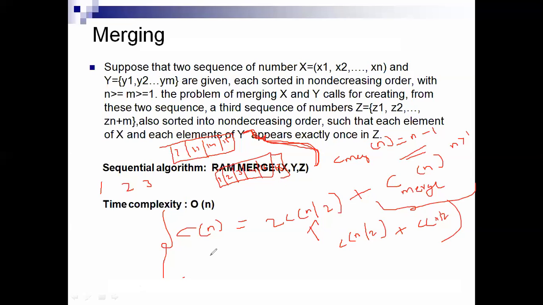We also discussed the best case and the average case, and also the quick sort in the divide and conquer approach. Just remember the Master's theorem formula, that is T of n equal to a into T of n by b plus f of n. If a is less than b to the power d, T of n is n power d. If a equals b power d, then n power d log n. If a is greater than b power d, then n to the power log a to the base b.